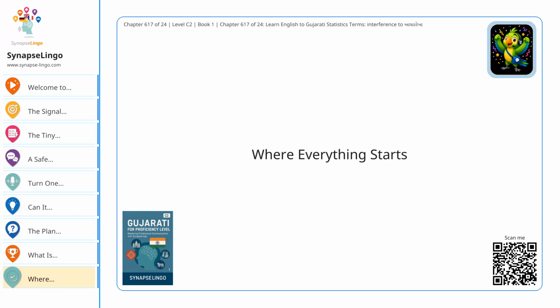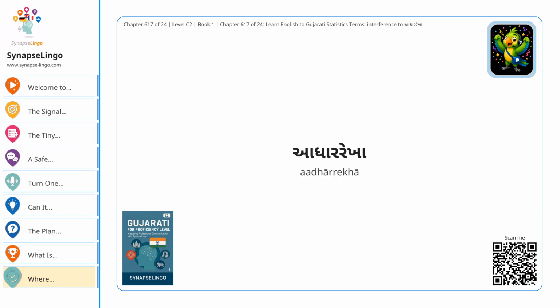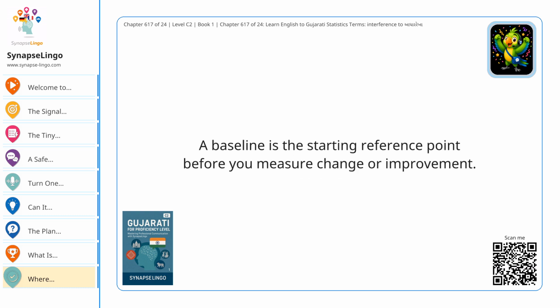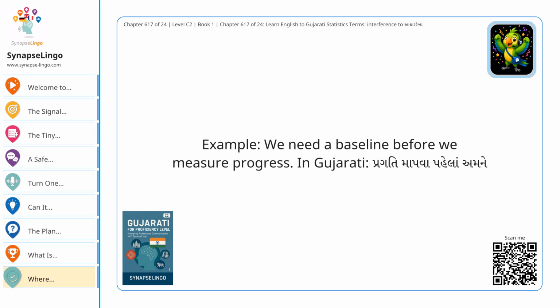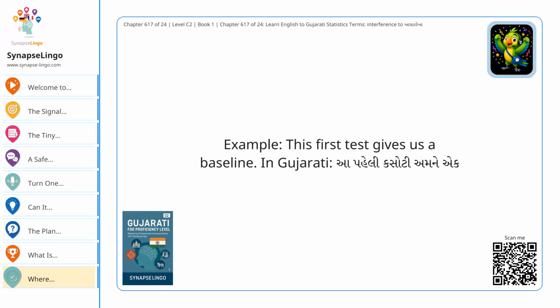Where everything starts. The last word is calm, simple, and secretly powerful. It is the starting line for progress. Baseline in Gujarati is आधार रेखा. A baseline is the starting reference point before you measure change or improvement. Example. We need a baseline before we measure progress. In Gujarati, Pragati Mapava Pahelam Amane आधार रेखा. Joie. Example. This first test gives us a baseline. In Gujarati, Apaheli Kasoti Amane Eka